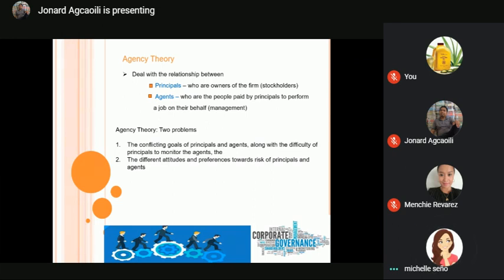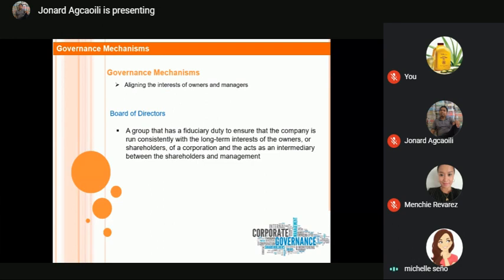Next po. The governance mechanism. Governance mechanism is aligning the interests of owners and managers. So, dapat dito ina-align po yung parehong interest ng owners and yung managers. Kasi hindi lang naman po yung managers ang nag-decide. Kunyari, ikaw po yung may-ari. So, dapat, kung ano po yung goal ng owner, align po siya dun. Para isa lang po yung goals ng isang